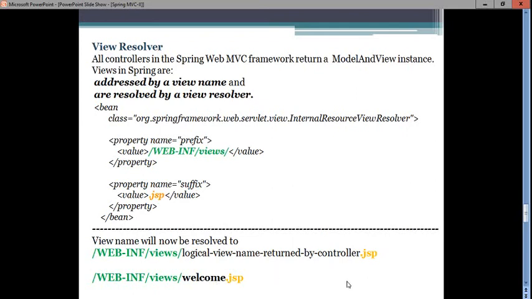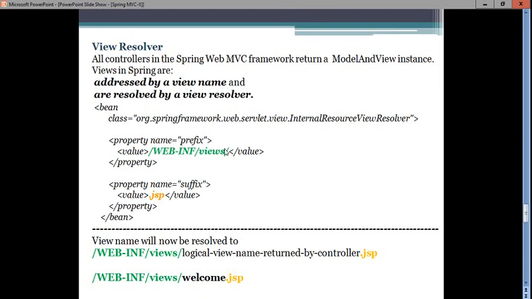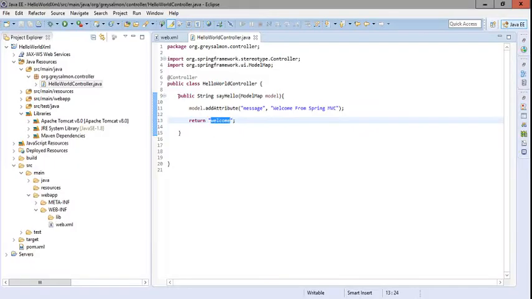So only the logical view name has been returned here, and this logical view name will go through the view resolver, and this view resolver will append this prefix to this logical view name, and will also append this suffix to this. So this is appended before the welcome, and this is appended after the welcome. So from the logical view name we will get the complete or absolute path of our view, or our JSP page. Now here I will design one more handler method,